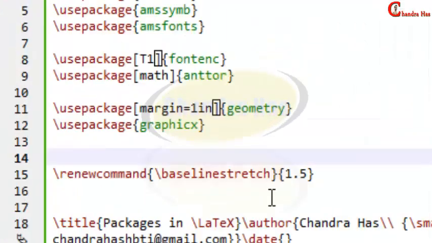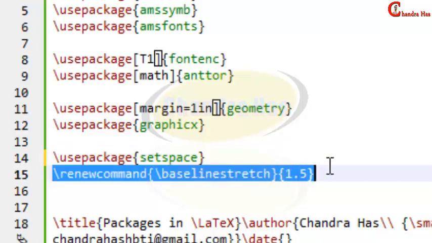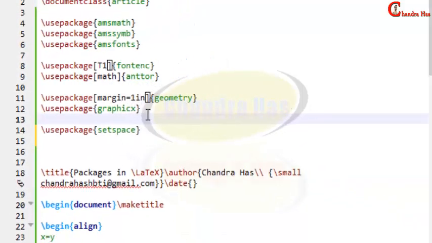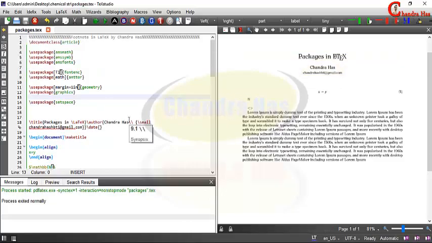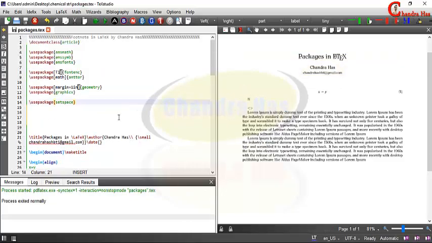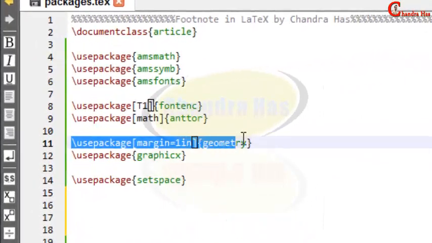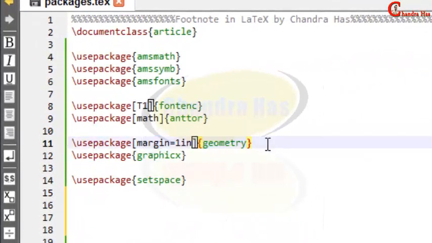Okay. So default is single spacing. One more thing, in the case of the geometry package, other options are you can use the setlength command, and also you can use the anysize package, but geometry is used more often.